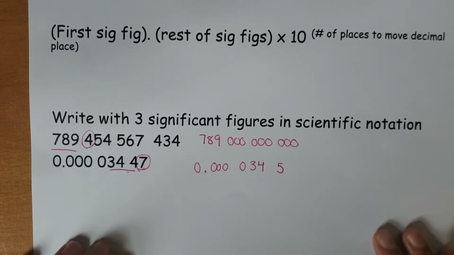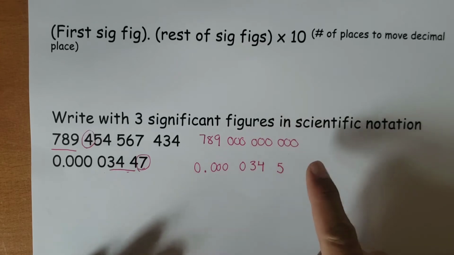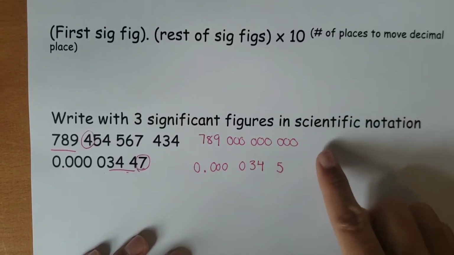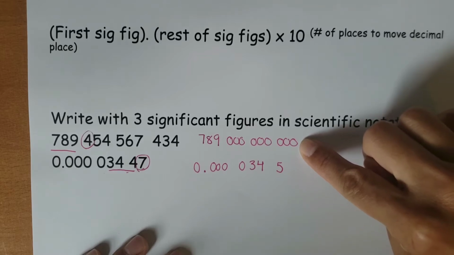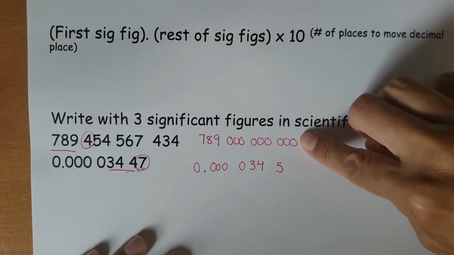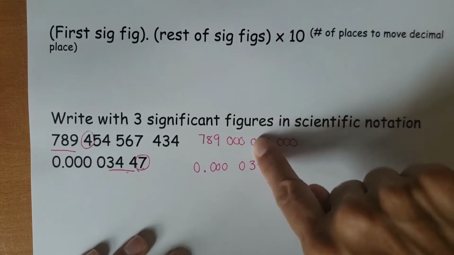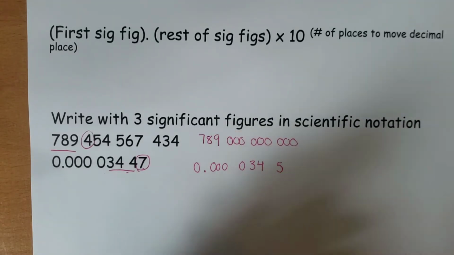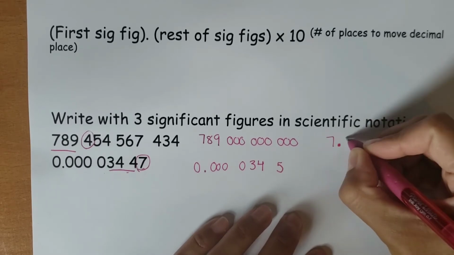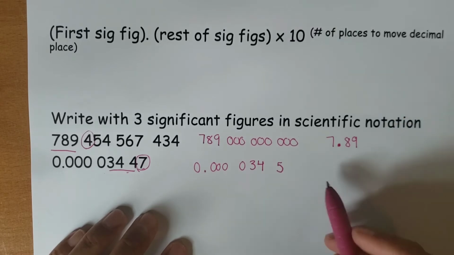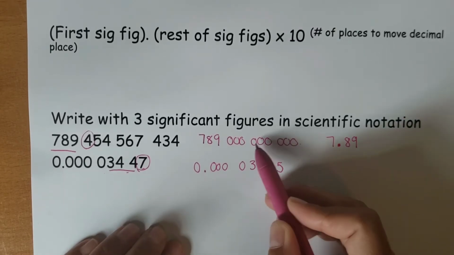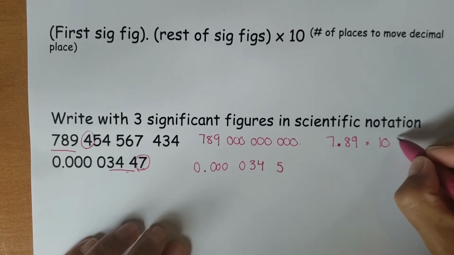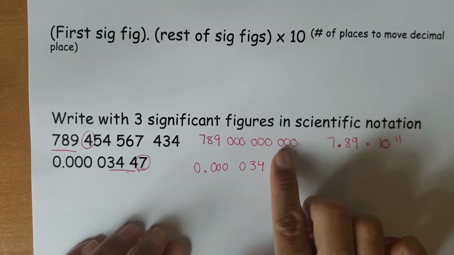Now let's write these in scientific notation. You want to find the decimal. This is a very large number. The decimal would belong here. We don't write it because we don't want to make these zeros significant. But you slide the decimal. In this case, we're going to slide to the left because we're on the very right of the number. We slide the decimal until we get a value between 1 and 10. So the value between 1 and 10 would be 7.89. Then we have to count how many places we moved our decimal. We moved it 3, 6, 9, 10, 11. So that's times 10, and the exponent is 11, and it's going to be a positive 11